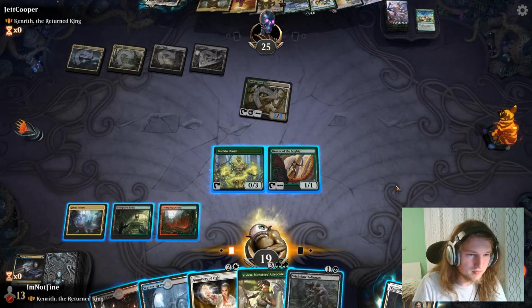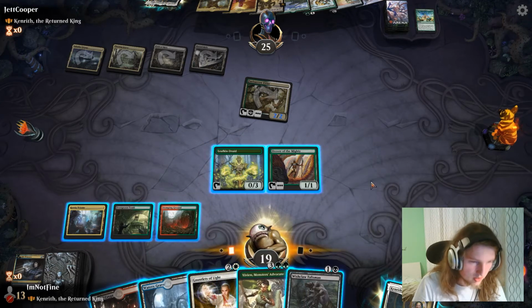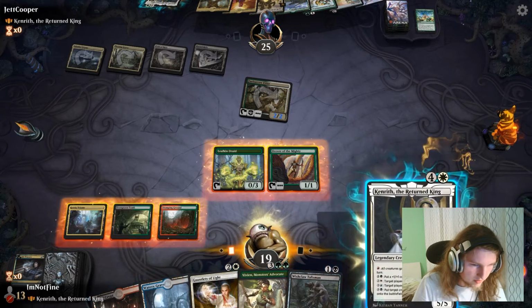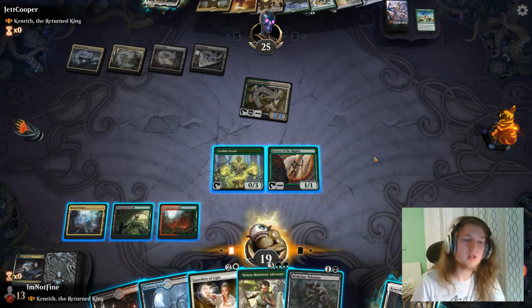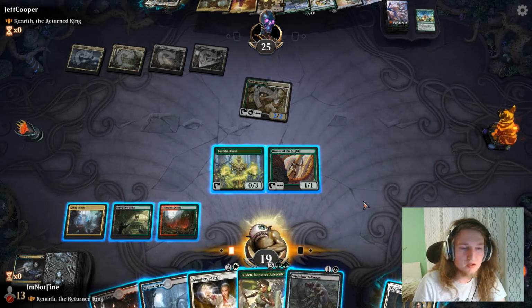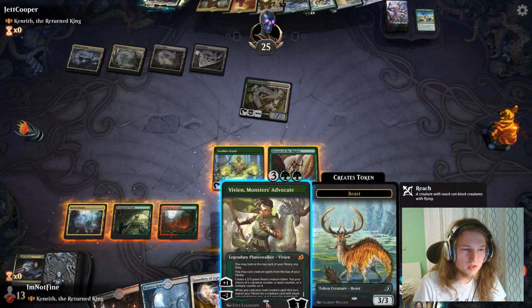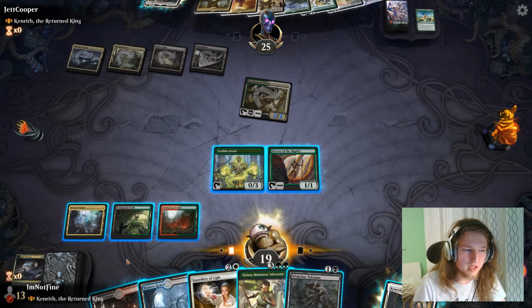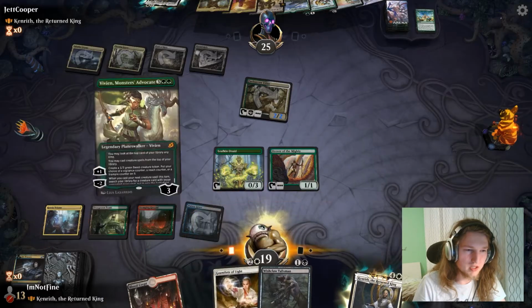Let's see. We could go Vivien, and then into Kenrith, search out Biomancer, and go into... No, we need Kin and Biomancer to make this into an infinite, right? I think for now, I don't think my life total will matter too much. But actually I don't need these dorks to be untapped. So...